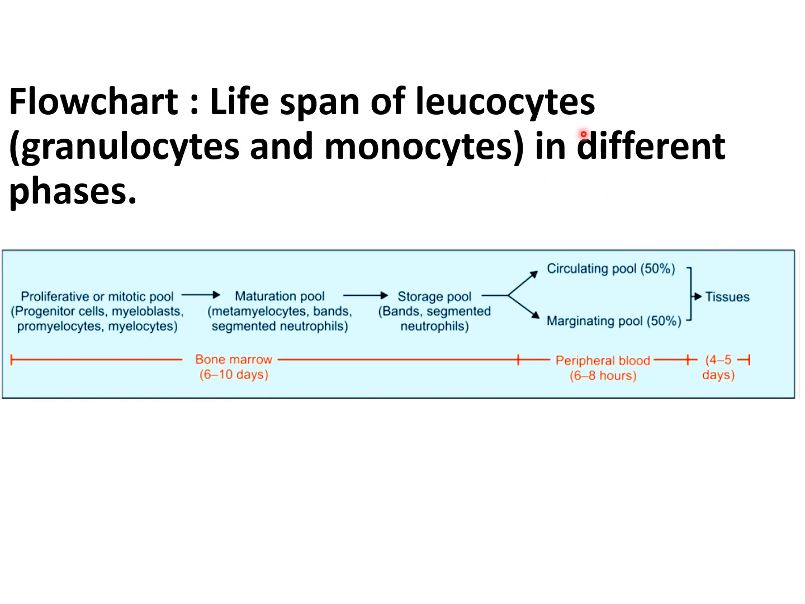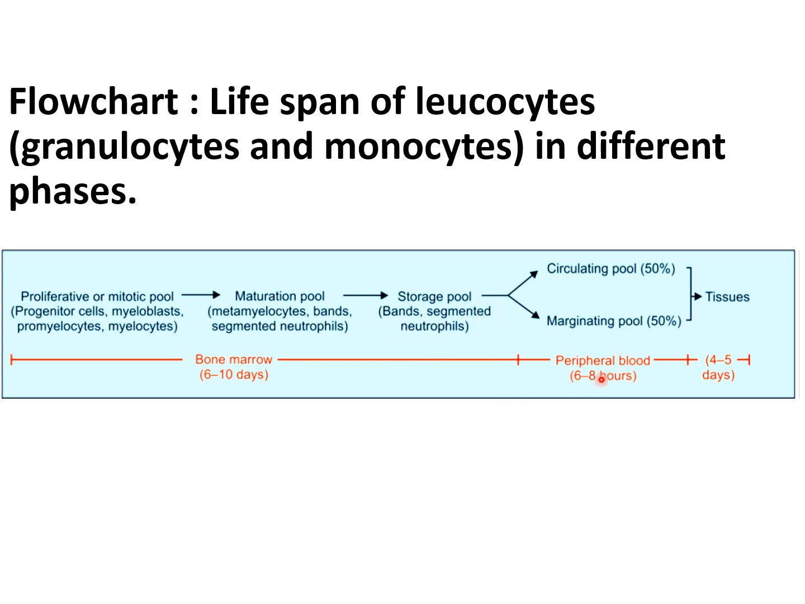Now lifespan of the leukocytes in different phases: bone marrow phase, in the peripheral blood, and in the tissues. So in the bone marrow there is a proliferative or mitotic pool. In this there are progenitor cells, myeloblast, promyelocyte and myelocyte. And then there is a maturation pool: metamyelocyte, band, segmented neutrophil, then the storage pool, there is a band and segmented